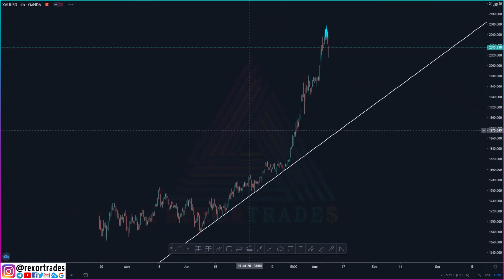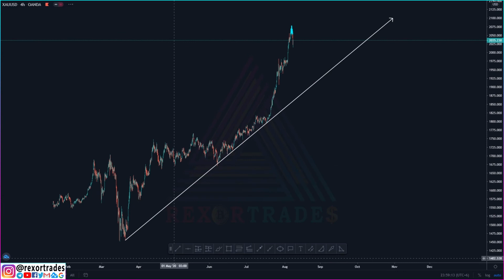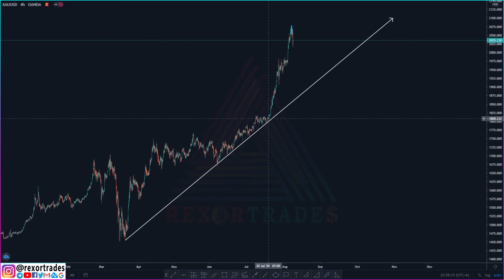Now on the gold chart we can see price has been moving rapidly with huge bullish momentum right from this point to here. But since we saw the US dollar is about to gain momentum, we are expecting gold price to